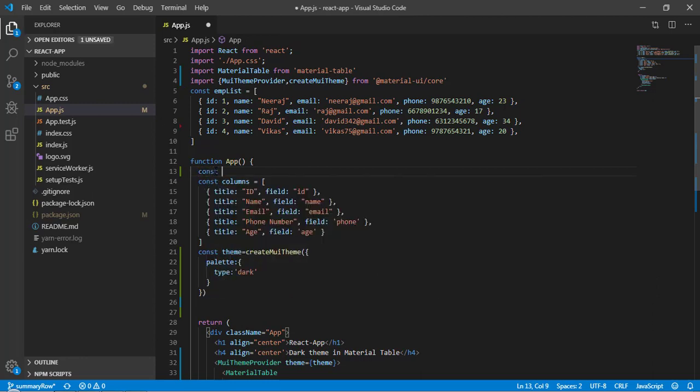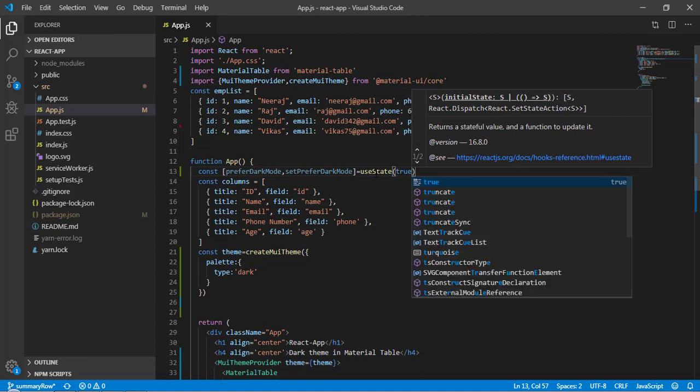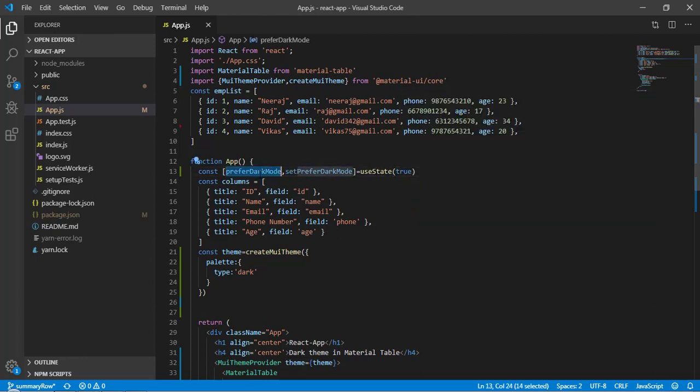Call it const preferDarkMode, and setPreferDarkMode. Basically this is going to deal in boolean values. So useState, and here let's provide the value true. That means I want this one to be in dark mode.